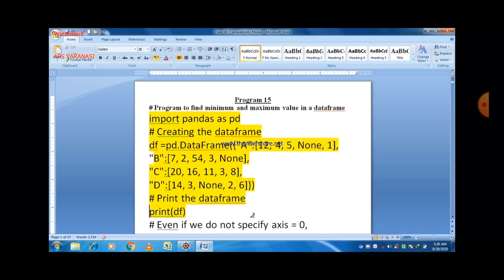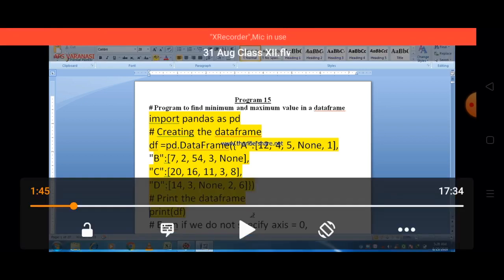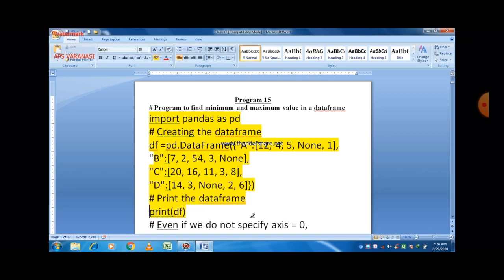So there is a creation of a data frame using a dictionary, and for that purpose we use a method named DataFrame, and this DataFrame method belongs to the pandas library. So we just write pd.DataFrame, because pd is the alternative name given to the pandas library.